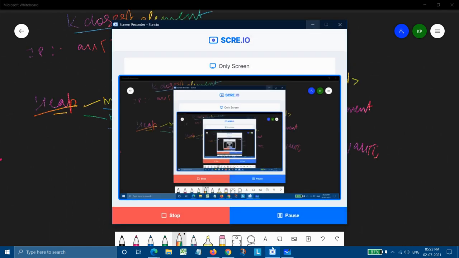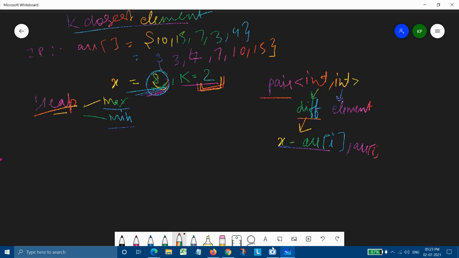See, in this example, we are given the array with elements 3, 4, 7, 10 and 15.